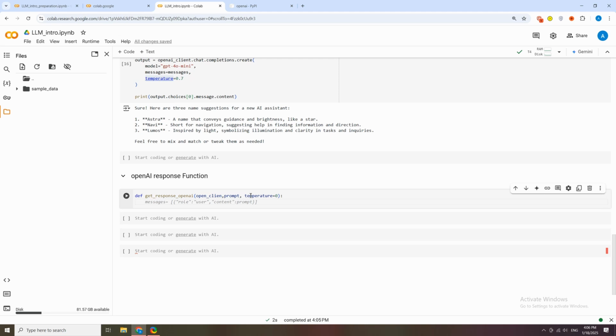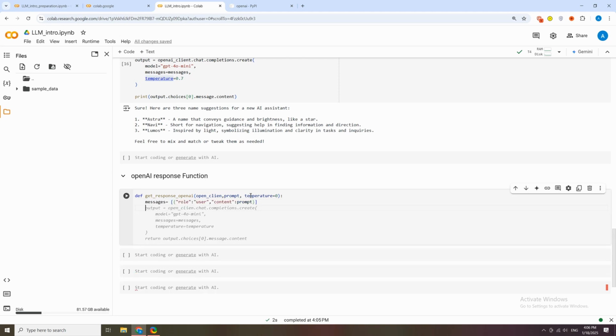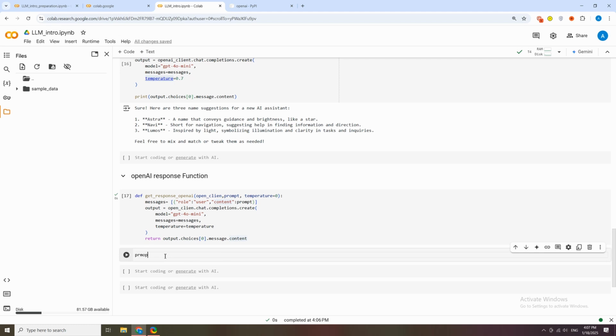And then we can have the messages equal to the messages. And then we can call the OpenAI client chat completions create, give it the GPT-4 mini, give it the temperature, and return back the output. Now, this is just a convenience function that is going to help us call the model a little bit easier. So you can have a prompt like this that says, write